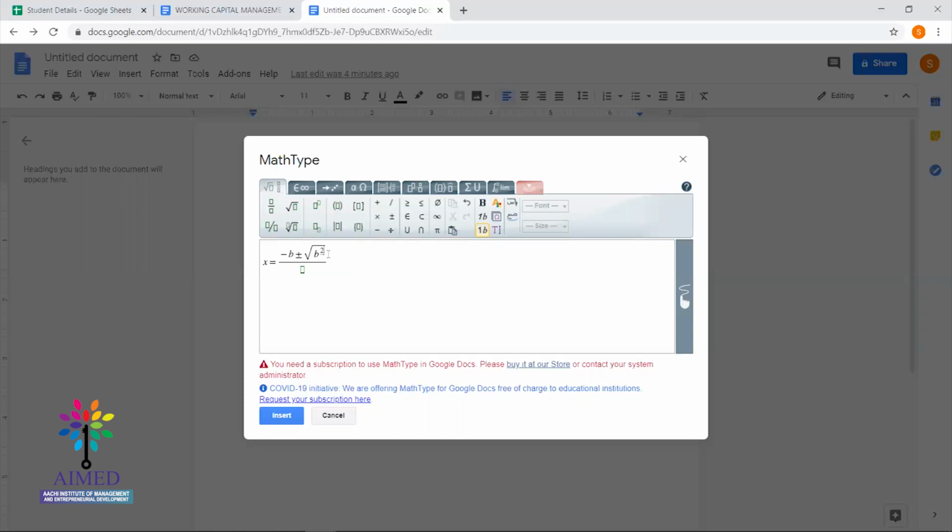You can easily come out of the superscript. You should be very careful when you come out of the superscript symbol. If you miss, it will come out of the square root, because we have to keep the entire b square minus 4ac inside that square root.